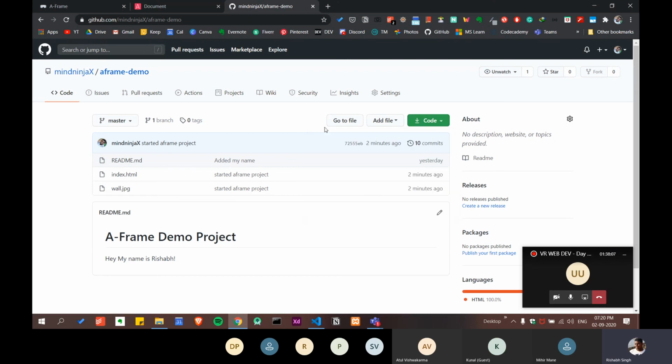But what professionals do, they fork it. They use this option over here, they fork it. So what it will do, it will create a copy of my entire project on your GitHub account. So you can do everything you want with your copy, and whatever changes you make in that project, it will not have any effect on my repository. So you can do that, and professionally you are going to use this function a lot, but we have not covered it because we don't need it much. For now you can simply do it.